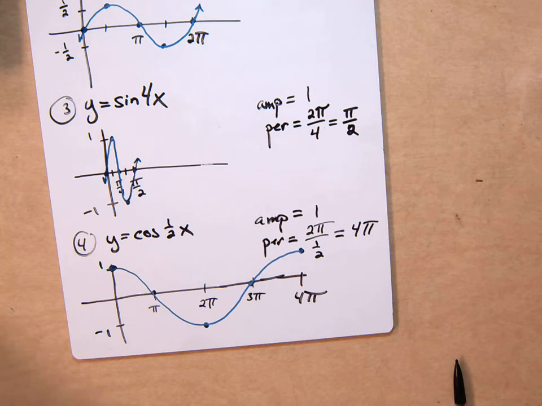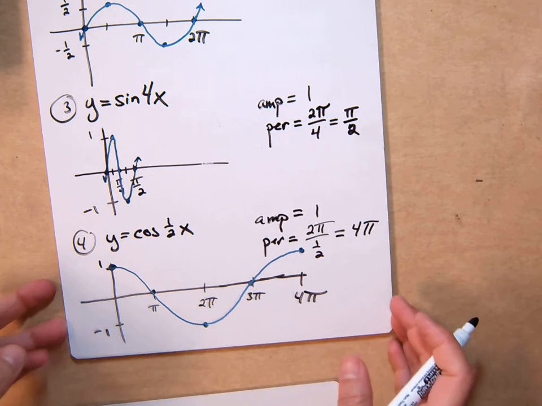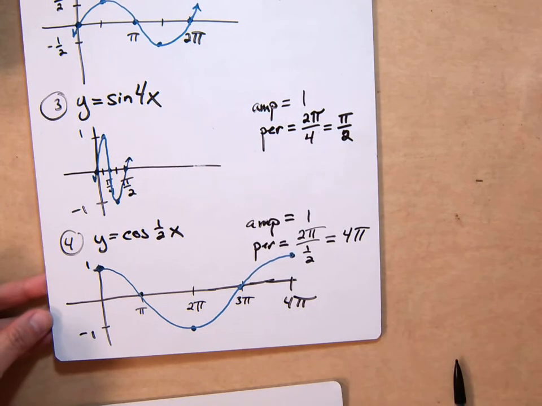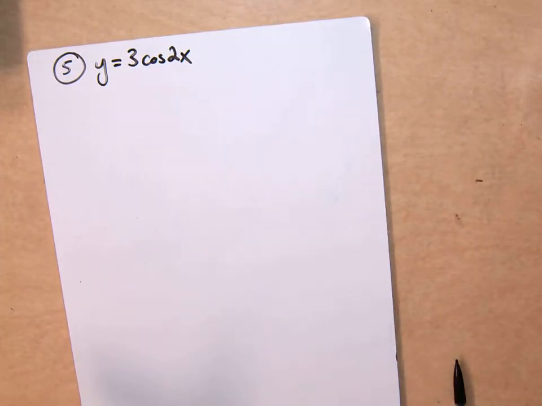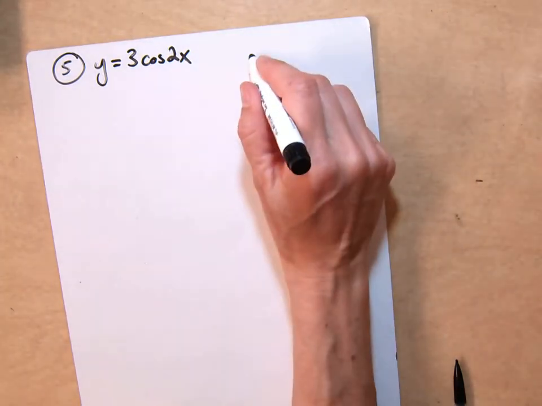horizontally. And now we're going to do one last one for this segment that does two things at once. It changes the amplitude and the frequency. So we're on the last example for this section. So we're going to do y equals 3 cosine of 2x. So the amplitude